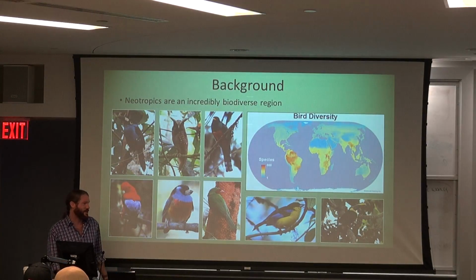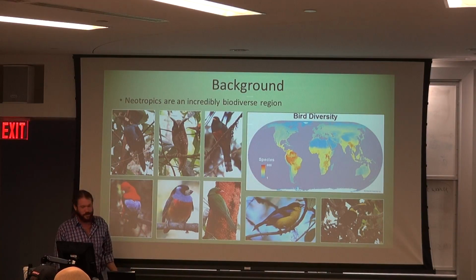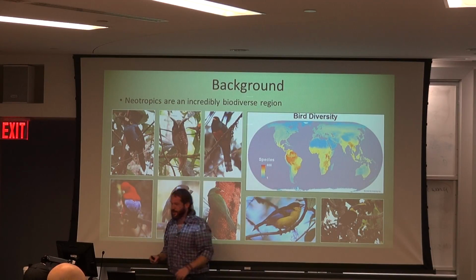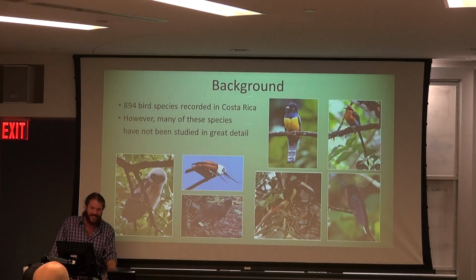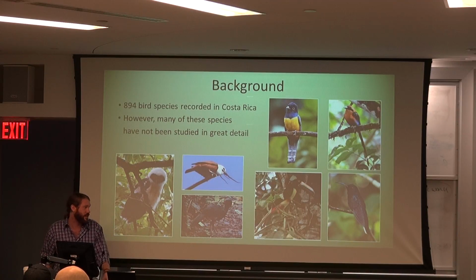So just as a quick background, as I'm sure a lot of you know, the neotropics are very biodiverse in general, and bird diversity for the world actually peaks in northern South America. And my research is in Costa Rica, which is right up here, right where it's starting to get fun. So 894 bird species have been recorded in Costa Rica, which is pretty high up there. But very few of these species have actually been studied in great detail,